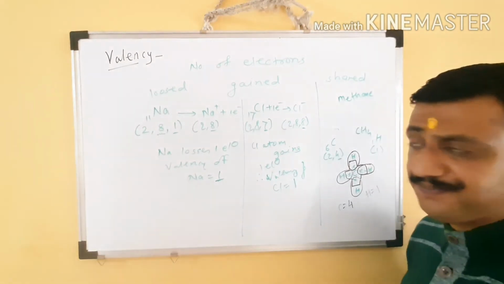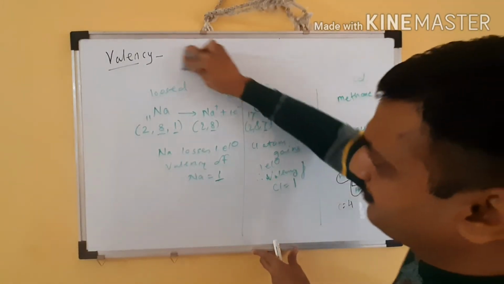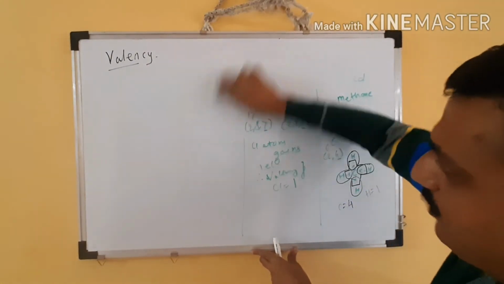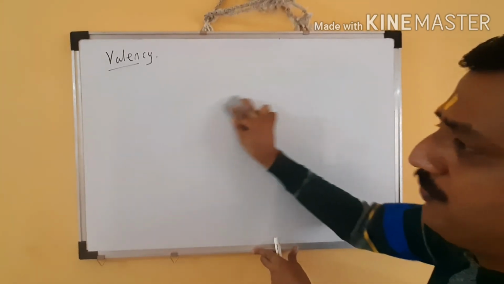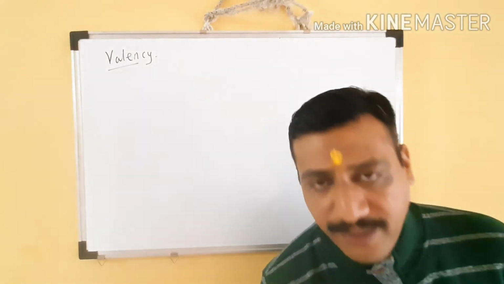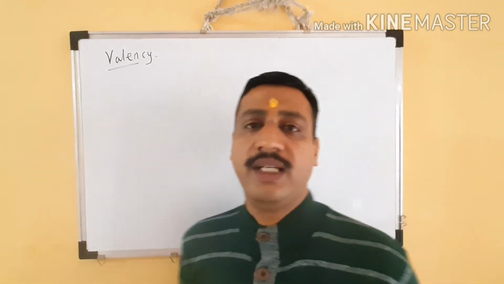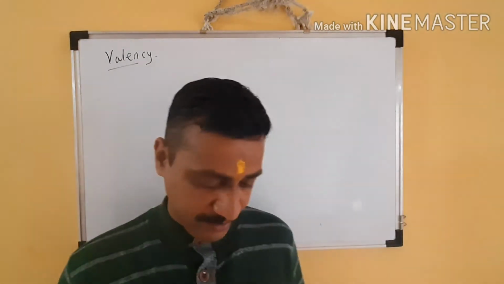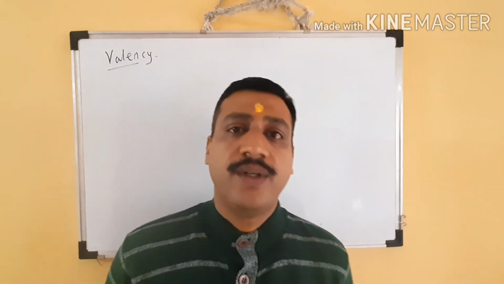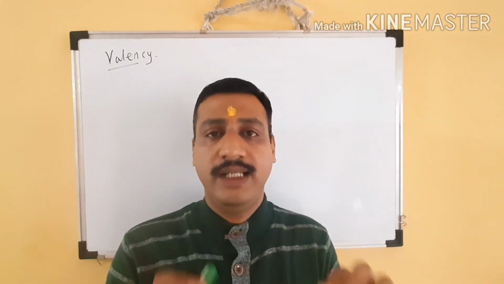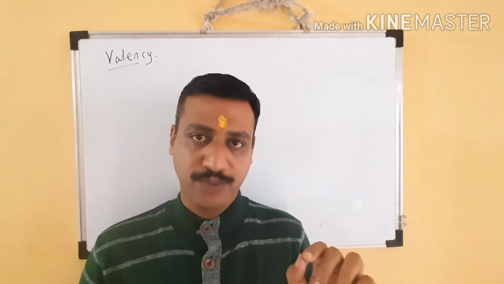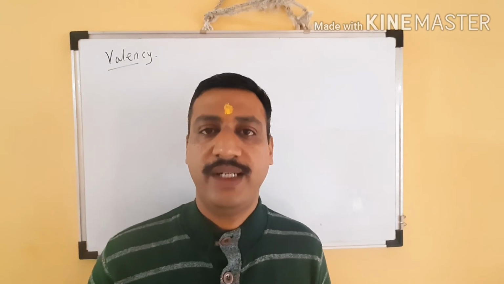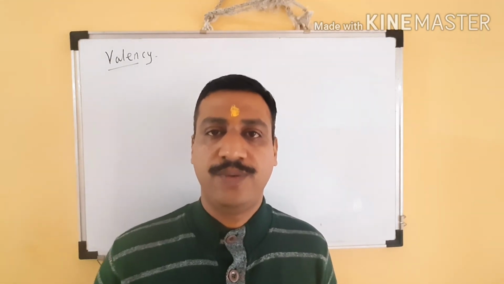And the last part, a trick I am going to tell you, for how to determine this when you learn the periodic classification, elements group-wise. So you will be able to state how many electrons are in the last shell of an atom of an element. What's the trick? The trick is that we should know which element belongs to which group and how many electrons are there in the last shell of that group's elements.